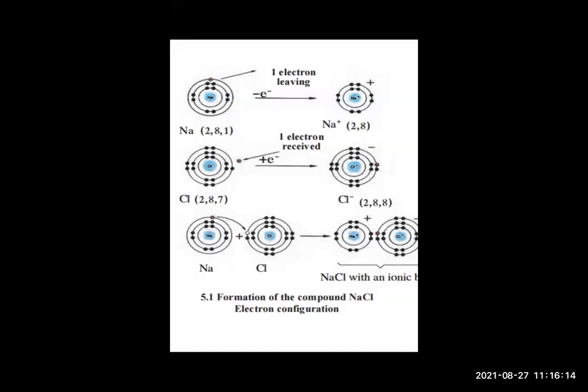Now check here, when Cl becomes Cl-, you can see that the electronic configuration has become 2, 8, 8. Yes or no? So that means sodium is giving the electron and that electron is accepted by chlorine. So sodium became the positive ion Na+ and chlorine became the negative ion Cl-. And what is formed in between them? Can you tell me what is formed in between sodium and chlorine?